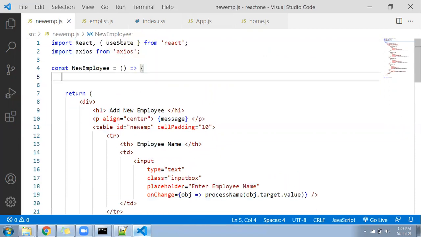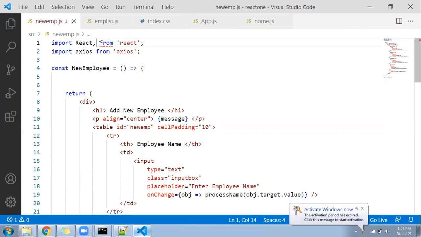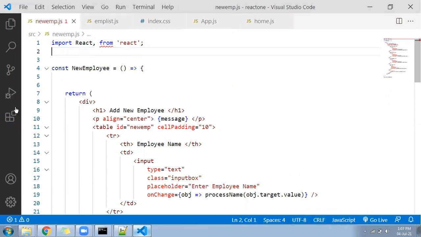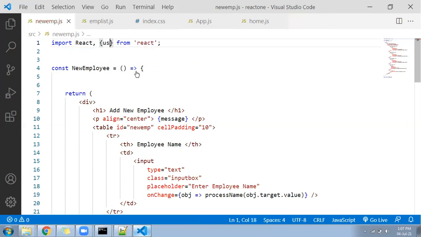Here I have called useState. It is not necessary, not required. Oh no, useState is required. In your yesterday's file you have not written useState. Let's go ahead and call useState here as well. Right, useState we called.